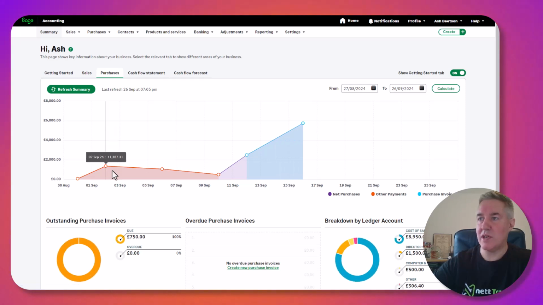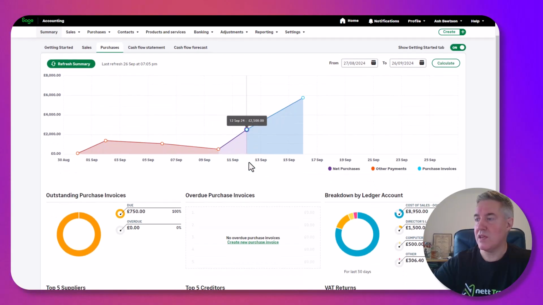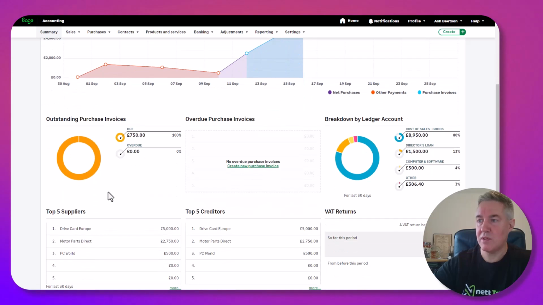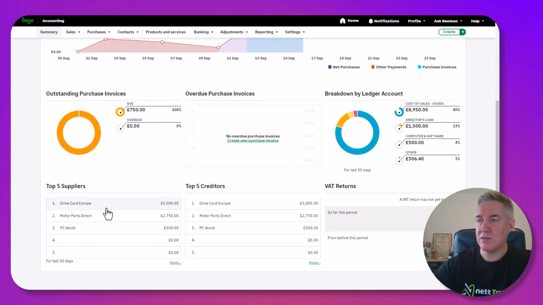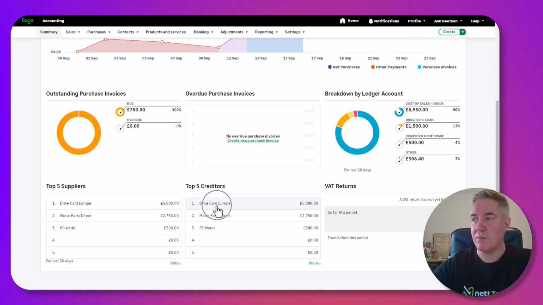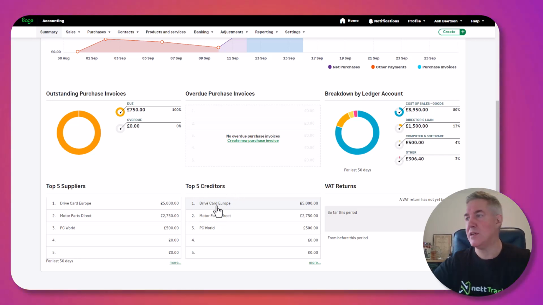Again, we've got our costs, our supplier bills that have been entered. If I come down a little bit, we can see outstanding, so nothing that's overdue, what's currently due, top suppliers, top creditors. Not quite 100% sure. I suppose suppliers and creditors could be the same thing. I'm guessing you might pay for things directly, so it comes to supplier, and I'm guessing if it goes through the accounts payable, trade creditors,